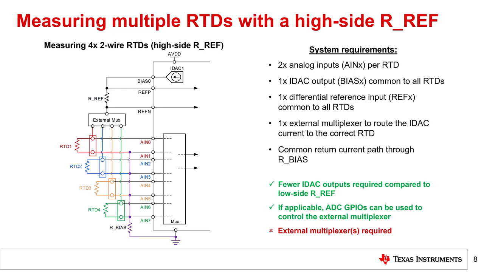Additional multi-RTD configurations using a high-side RREF are not discussed in this presentation. Instead, turn any of the previously discussed configurations using a low-side RREF into a high-side RREF system by applying the single IDAC plus single RREF plus external multiplexer circuit shown here. That concludes the analysis of multi-RTD measurement systems that use the same wiring configuration. Let's now consider how using a multiplexed ADC to measure multiple RTDs impacts the system measurement time.